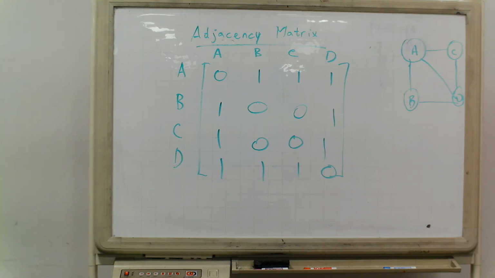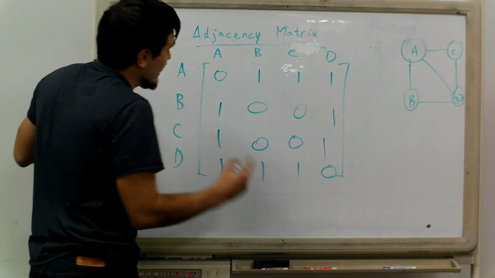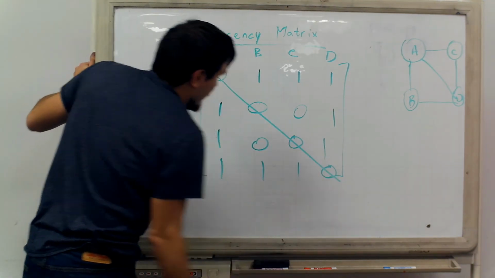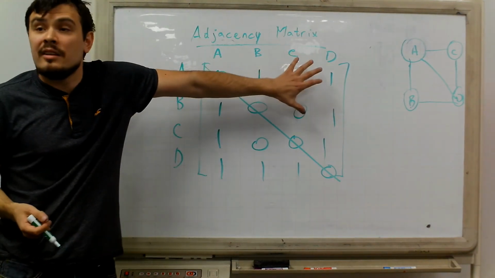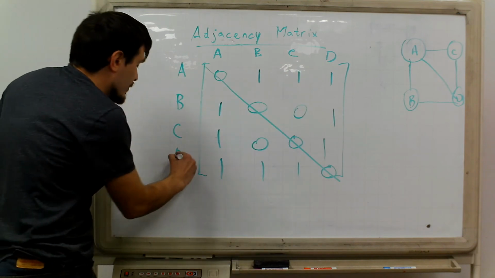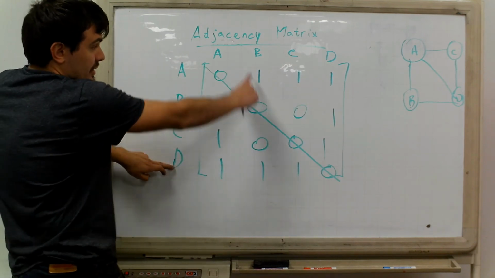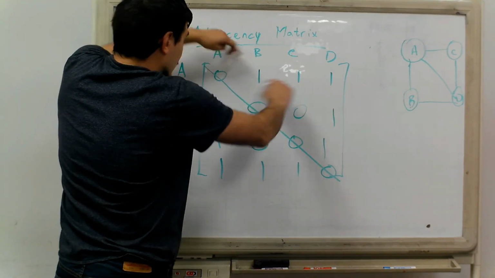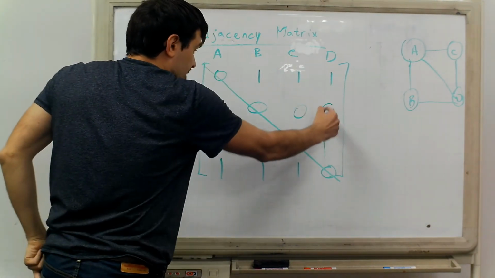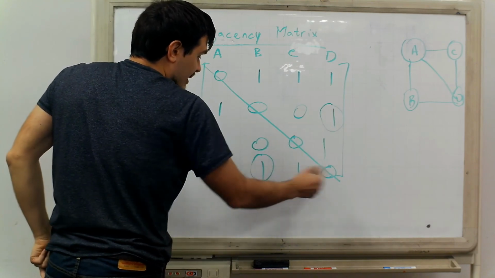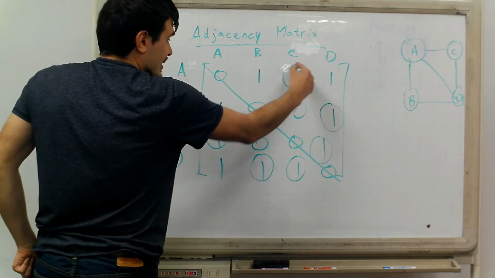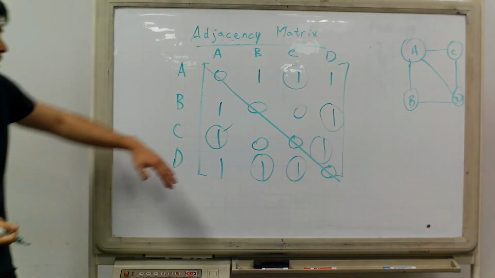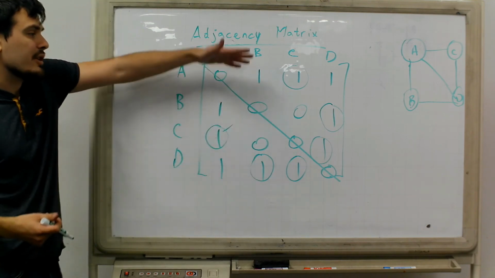Okay, and you may notice that for an undirected graph, this matrix is guaranteed to be symmetric. So in other words, here's the middle of the matrix. In theory, you could store only this part because this part is just a mirror image of that. Because if D is connected to B, then B is connected to D. So this one must have the same value as this one, and this one must have the same value as this one. This one has the same value as that one. This is what's called a symmetric matrix